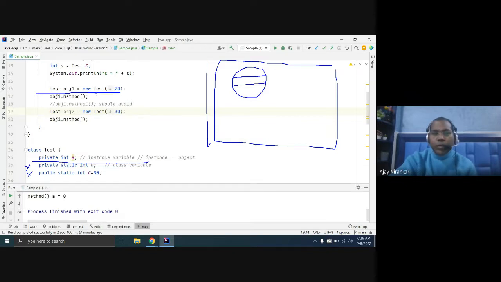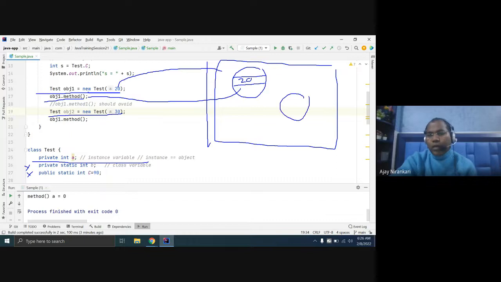Okay. So whenever you create constructor a, this 20 you can assign inside a code base. So here 20 is assigned. Whenever you say object one dot get method, it will return 20. But you can create another object. For an object, space is allocated only for the instance variables, which are the non-static ones. So here only one place is allocated for variable a of type integer. Here you are storing 30.